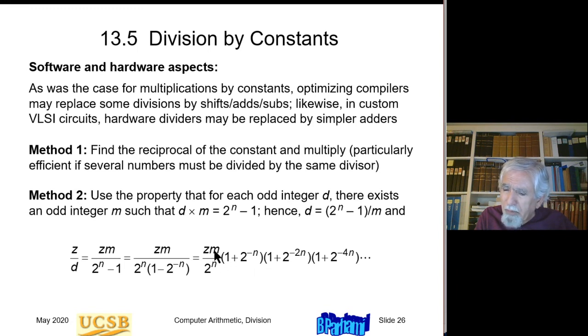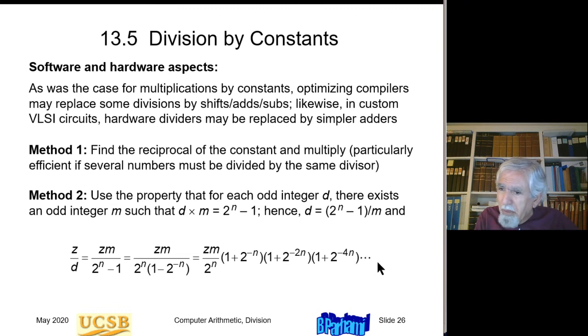to multiplying by m, and I already know how to multiply by constants, dividing by 2 to the n, which is basically a shift, and then multiplying by all these factors, each of which implies a shift and add. So shift to the right by n bits and add. Shift to the right by 2n bits and add, and so on. So even though theoretically this has to go all the way to infinity,